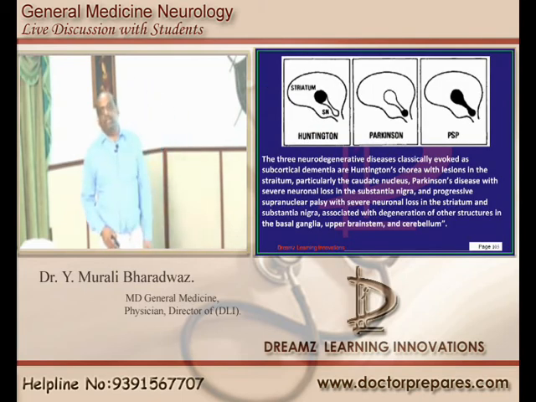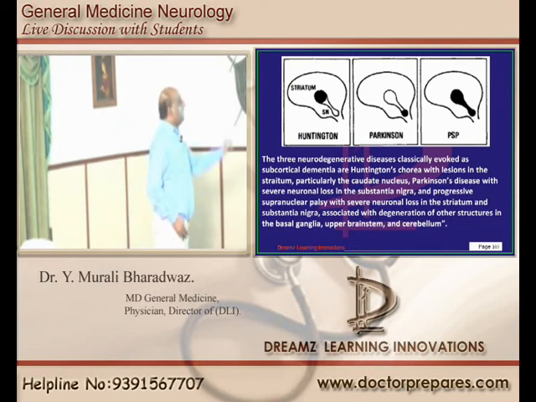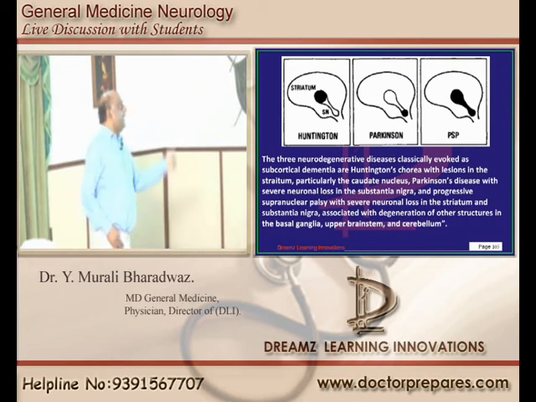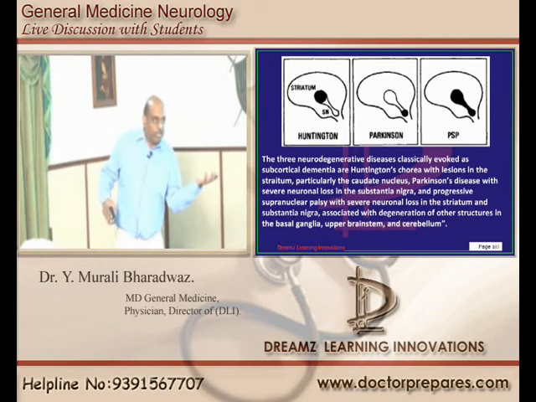Parkinsonism is subcortical or cortical? Basal ganglia बोले तो below cortex only. है ना? Then progressive supranuclear palsy also is a problem to do with Parkinsonism, basal ganglia, and HIV encephalopathy is also a cause for this subcortical dementia, whereas Alzheimer's is frontal, temporal lobe, parietal lobe, पूरा lobe चले गए, hence it is a cortical dementia. So the three common reasons for the development of this subcortical dementia you should not forget: Huntington's disease, Parkinsonism and PSP. And what is common to all the three? All the three are movement disorders.